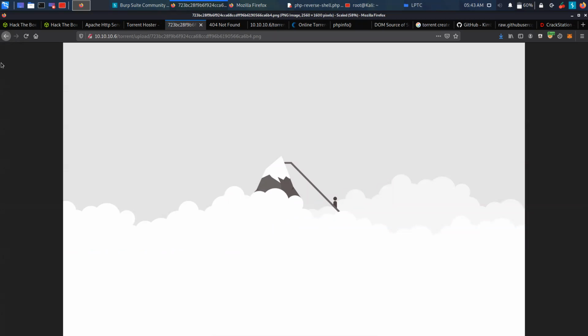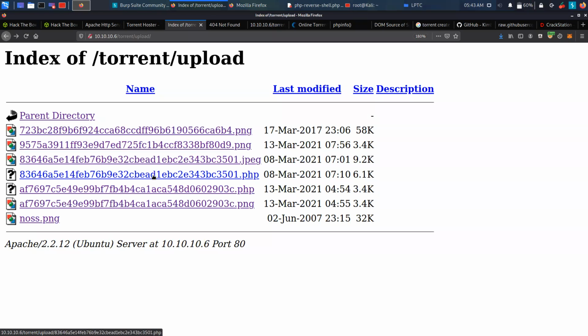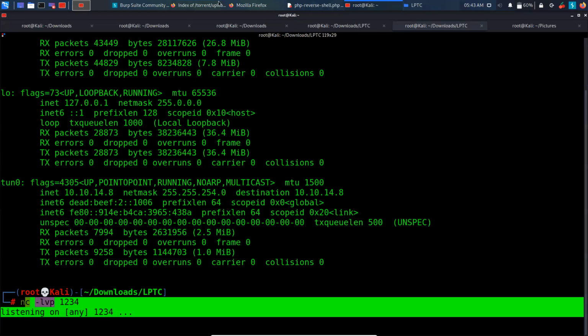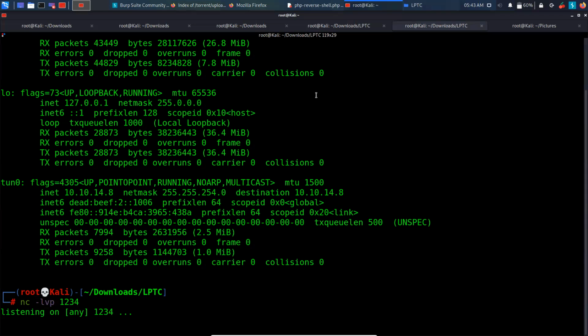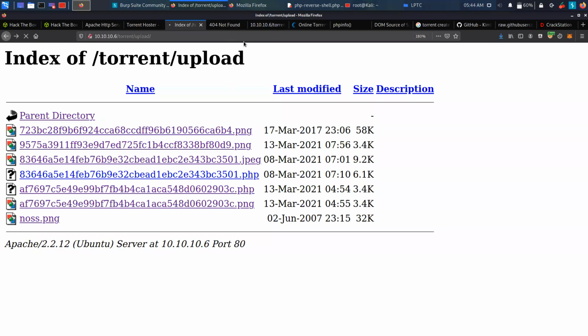Someone else is also playing with this box and they have uploaded their own reverse shell. So we just need to figure out which one is ours. Probably not this one.